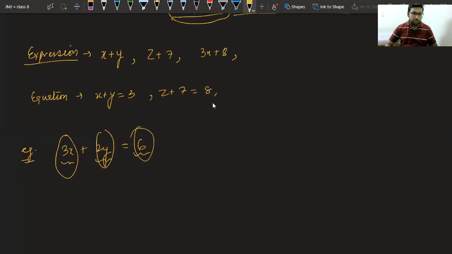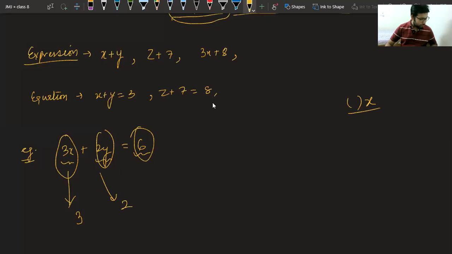Okay. Now, what is coefficient of x? Class, what is coefficient of x? Coefficient means whatever is getting multiplied with the x is its coefficient. So in this case, coefficient is 3. What is coefficient of y? Just correct beta. What is coefficient of y? It is 2. So this we have seen.